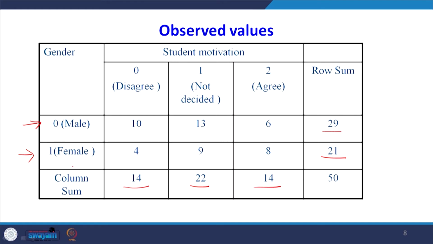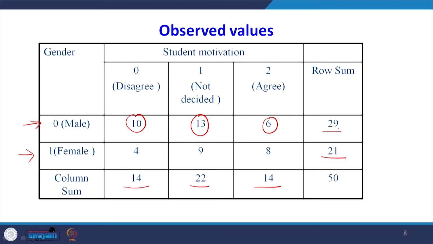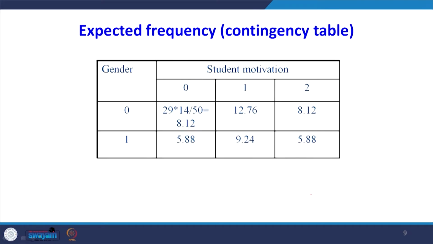The null hypothesis is that gender and student motivation are independent. We know that the cells 10, 13, 6 represent the observed frequency. Now we have to find the expected frequency for each cell. As I told you in the previous class, the expected frequency is row total multiplied by column total divided by the overall total. So 29 multiplied by 14 divided by 50 gives 8.12, the expected frequency. Similarly, for the others we got 12.76, 8.12,